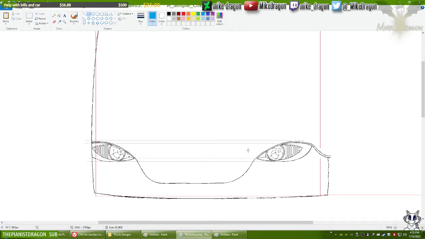Swap this to blue. All right, let's see if I can improve this here. I say let's see if I can improve it, and I immediately botch it. Fantastic. Alright, let's have this be like that. And same thing over here.